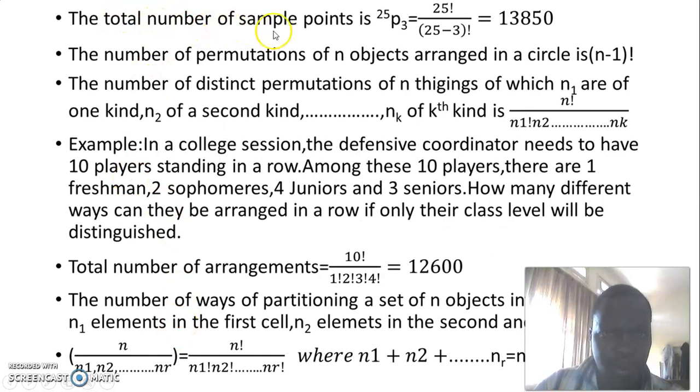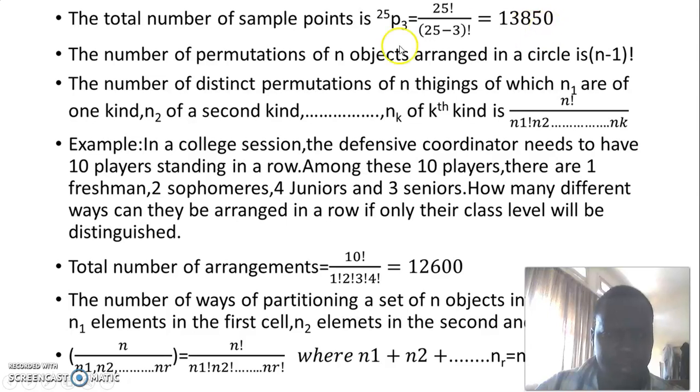So the total number of sample points is going to be 25 permutation 3. 25 students selected 3 different choices, either research, teaching, or service. And this can be done in 25 permutation 3 ways, which is equal to 25 factorial over 25 minus 3 factorial, which is equal to 13,800 and